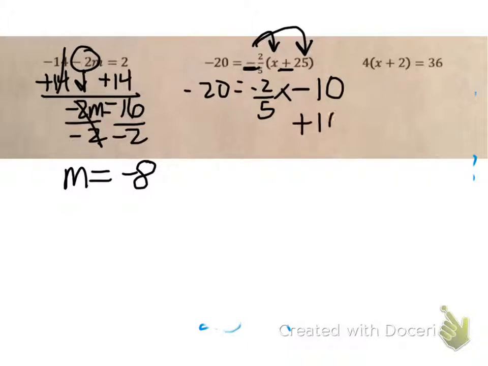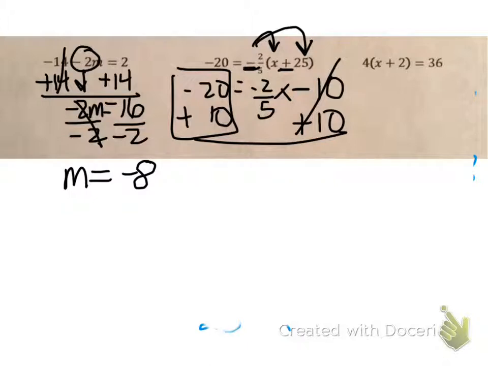Now we'll do that adding subtracting inverse since there's nothing else to simplify. The -10 and the +10 go away. On the left side, those two combine to give us a -10. That's equal to -2/5 x. And then if we divide each side by -2/5,